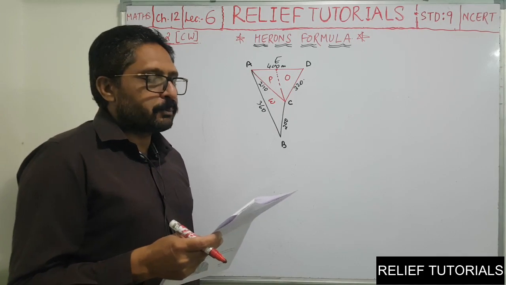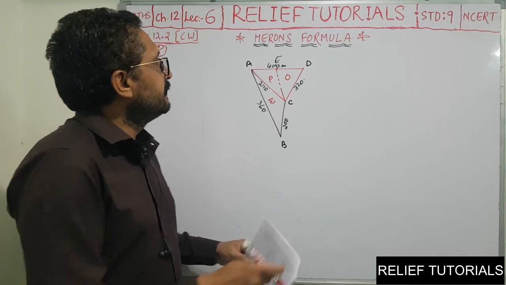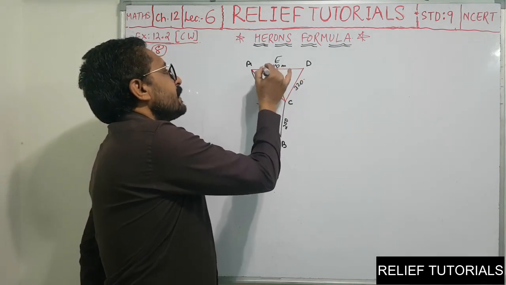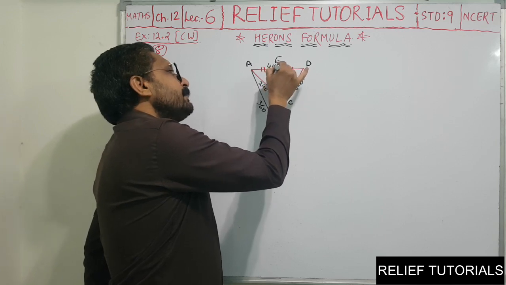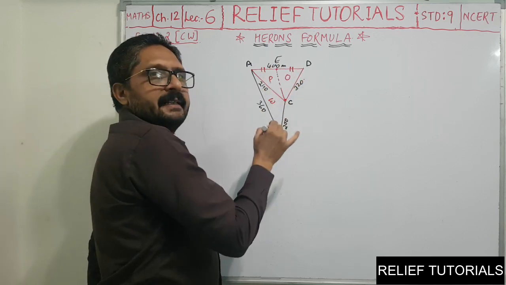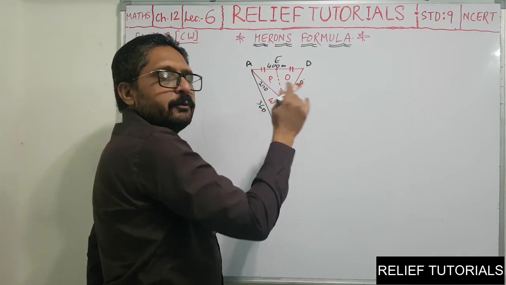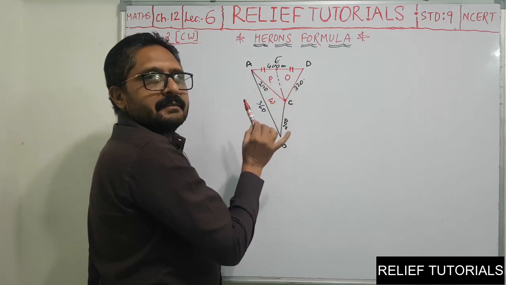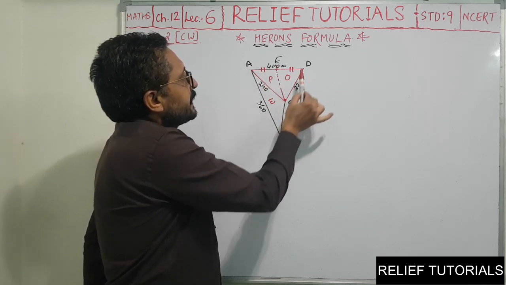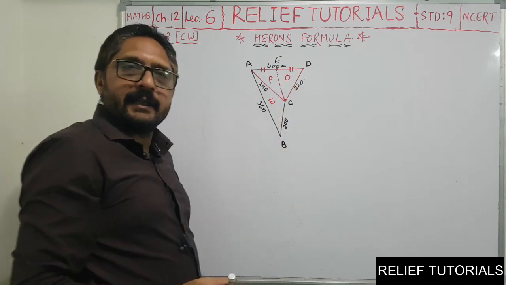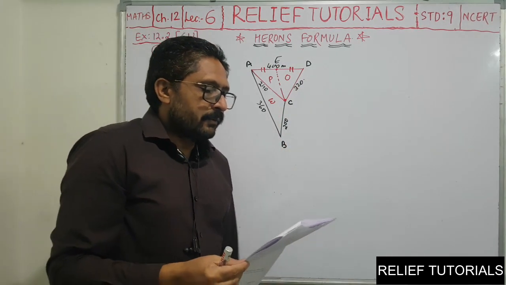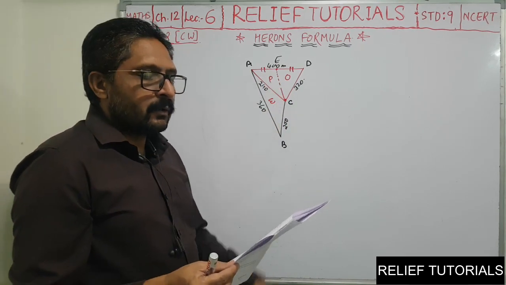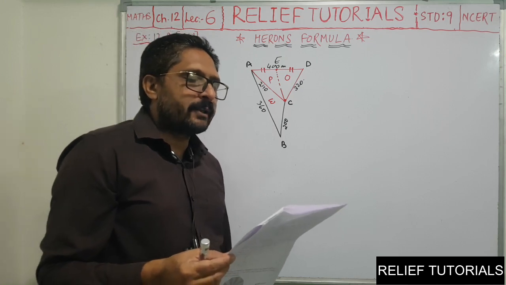She divided the field into 2 parts by joining the midpoint of the longest side. See, this is the longest side AD, 400 meters. This is the midpoint of the longest side AD, so these 2 parts are equal, by joining the midpoint to the opposite vertex, that is C. This is called a median, and as you learned in the previous chapter, a median divides the triangle into 2 equal parts. So area of triangle AEC and area of triangle DEC are both equal. She divided the field into 2 parts by joining the midpoint of the longest side to the opposite vertex, and grew potato in one part and onion in the other part.